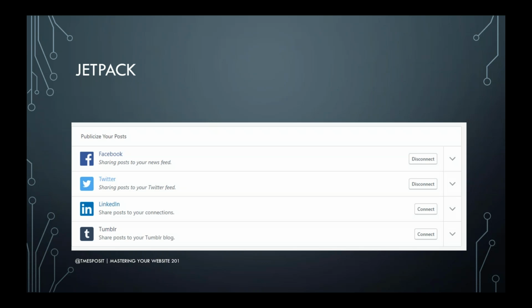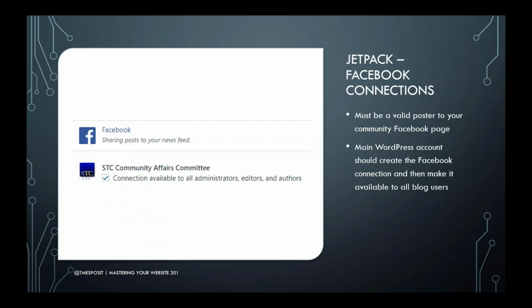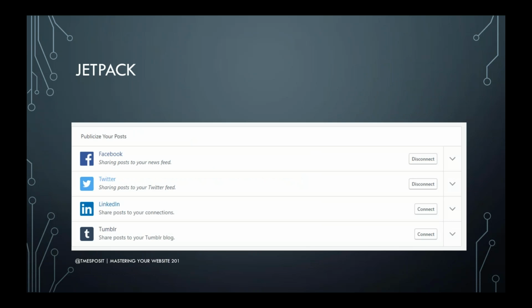And the idea here is you create a post on your WordPress site, not a page. A page is a static piece of content. A post is like a blog post, something that's timely. So, oh, this month our meeting is this. So when you publish that post, if you have these connections established, it'll automatically push content to whichever one of these that you've set up a connection for.